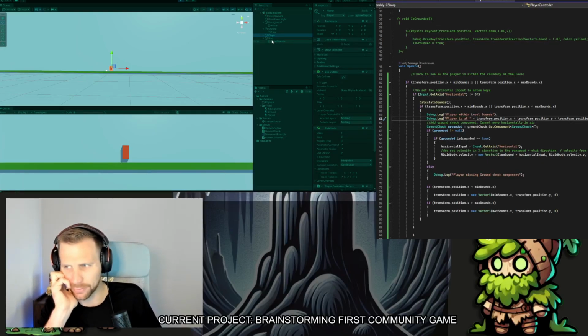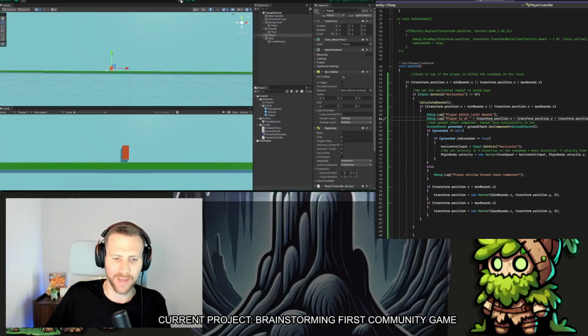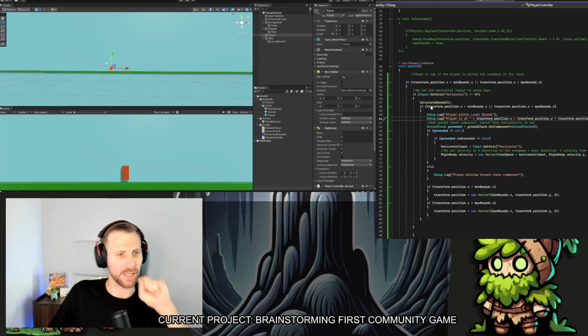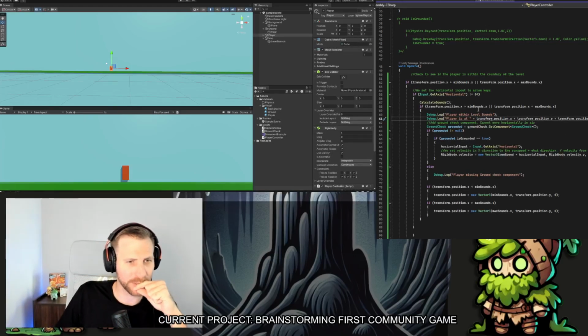Yeah, so let's get our position right, which is... Do I have my logic backwards? If player position is greater than min bounds, less than max bounds,